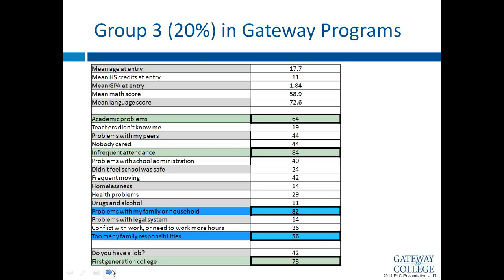We also see, it's not highlighted because it was under 50%, but about 42% of them said that they were working. And I did dig into this group a little bit deeper because one of the first questions was, is this where our parents are? And yes, for the most part, this is where students who are parenting, especially students who have their children living with them, are, which would not be a surprise. These students may also be the students who are really contributing to their household economically or doing some caretaking, either for siblings or parents or grandparents.